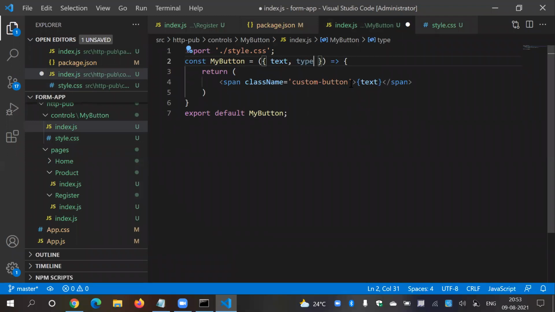Okay. And here I'm going to say button dash in curly braces. It's very simple. Let's keep it as it is based on this. Okay. So here is a type.